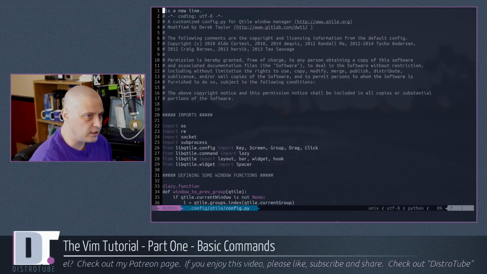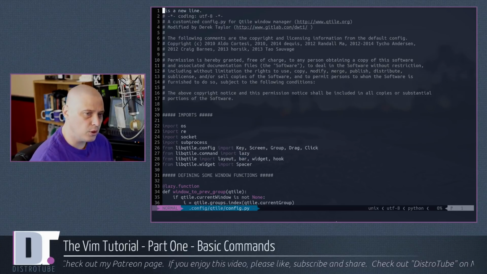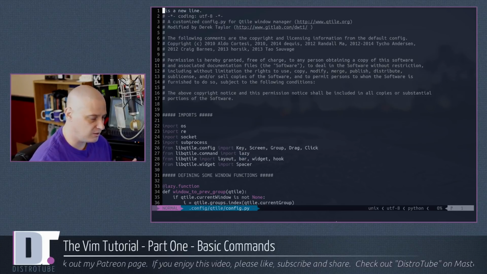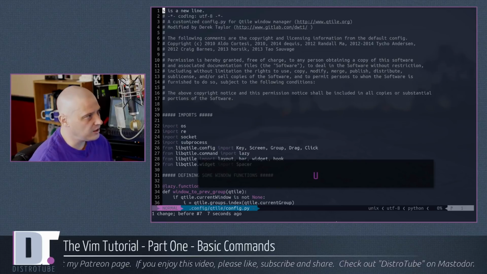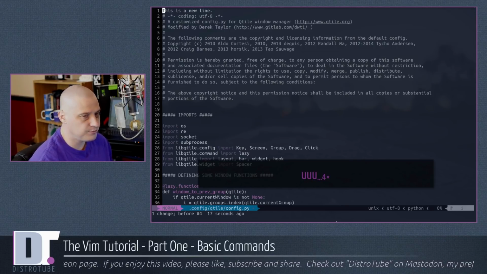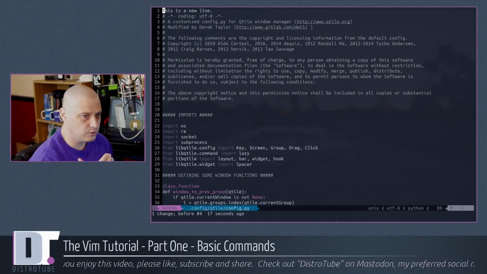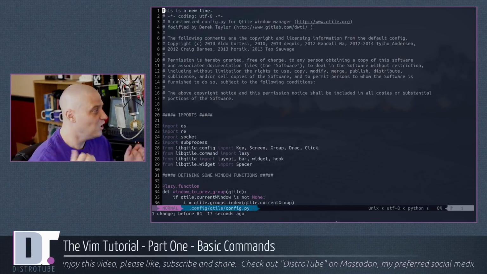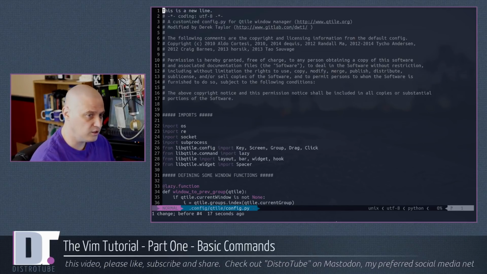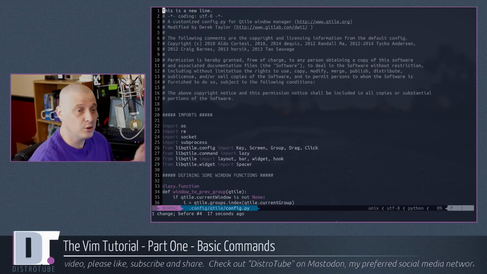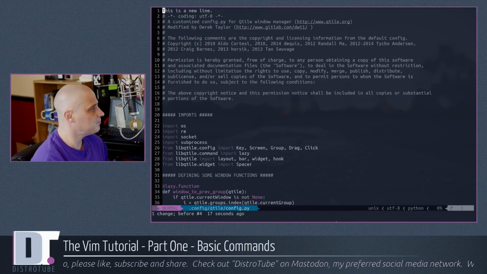How do I undo exactly what I just did? U on the keyboard. U, undo. Makes a lot of sense, right? U gets me back the S. U gets me back the I, the H, and the T. So X to delete the character under the cursor. U always undoes. Undoes. Is that a word? Undoes? It undoes? Not sure. Anyway, U to undo what you just did.